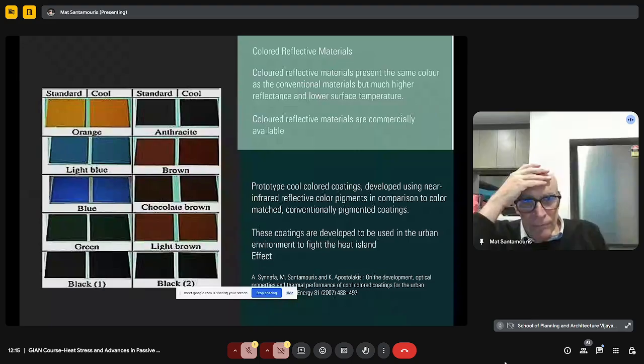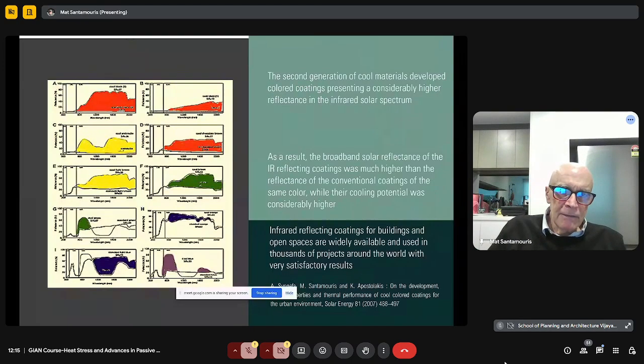But what we change are the optical properties of the material in the infrared. For example, let's take a yellow material. Let's say the optical reflectance of the yellow paint in the visible is the one shown there. We don't change this, because if we change the reflectance in the visible, we change the color. But in the infrared, and I recall to you that 50% of the radiation is in the infrared, the reflectance of the conventional material is this one.